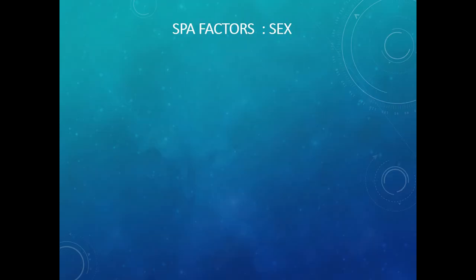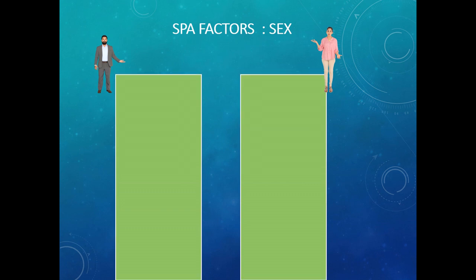Coming to the SPA factors, the first one, the sex. So we know that the form or shape of the teeth differs in males and females, and in case of female, softness is the primary aesthetic characteristic. The roundness, softness and smoothness are typically for women, whereas in men they show boldness, hardness or aggressiveness. So the differences in the shape of anterior teeth in case of males and females are: in females, the incisal angles are more rounded